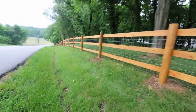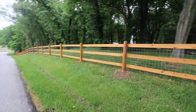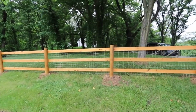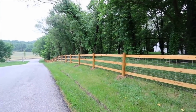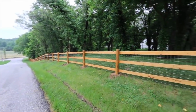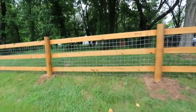It's like a cedar color. It's not actually cedar, it's just stained. And then we have just regular farm fencing up around the house, but we wanted this nicer look going up the road that's very visible to everybody else. We love it. We think it looks really pretty. We put the wire behind it. So this way,